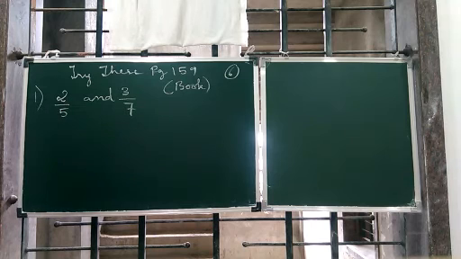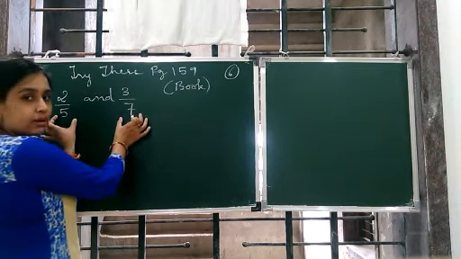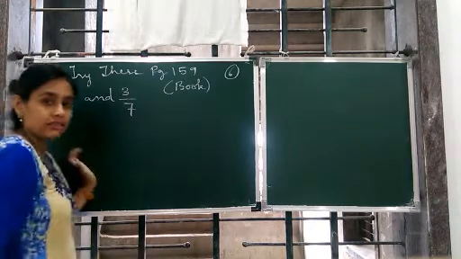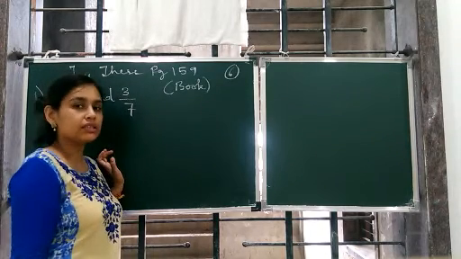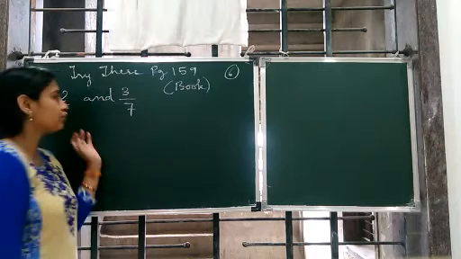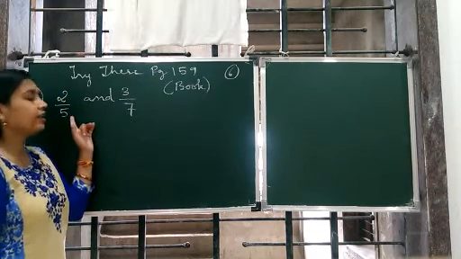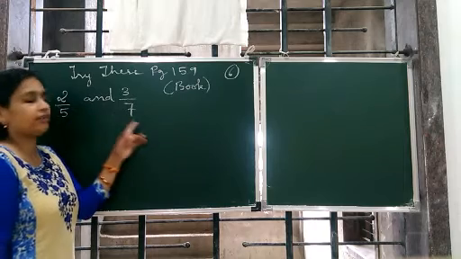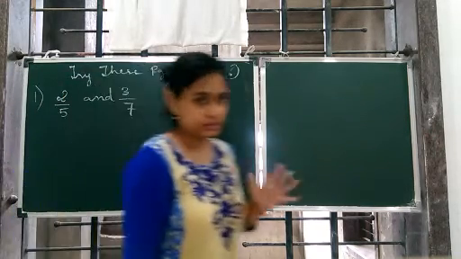Now the first thing, what do we do? We compare the denominators. हम denominators को compare करेंगे, that is 5 and 7. They are not the same, right? So we need to make them the same. What is the method to make them the same? First and foremost, we see if there is anything common between them. Common means anything you multiply to 5, you get 7, or anything you multiply to 7, you get 5. So it is not possible.